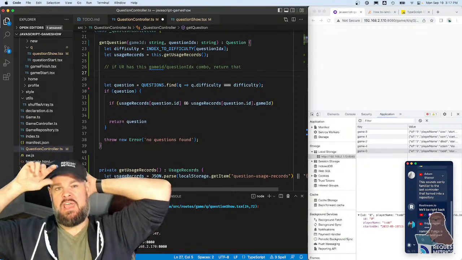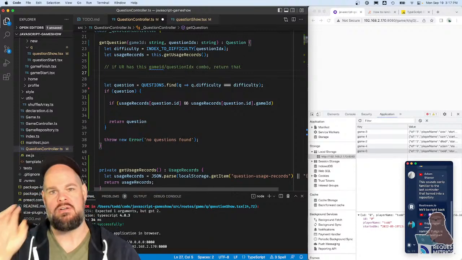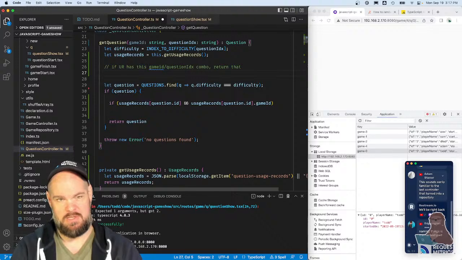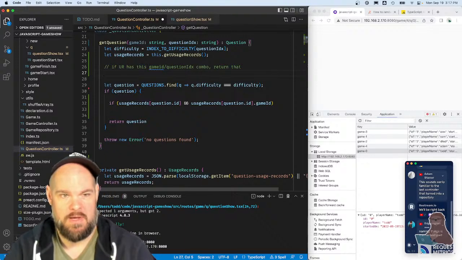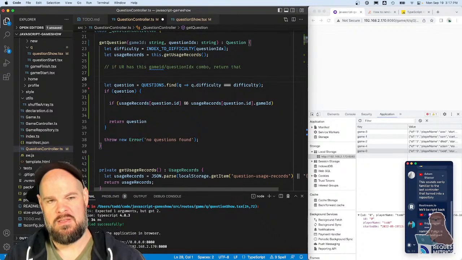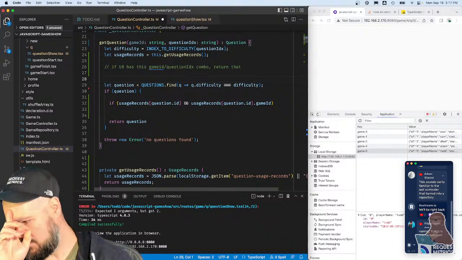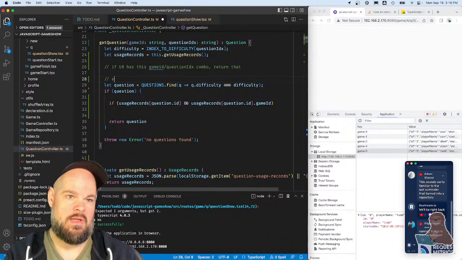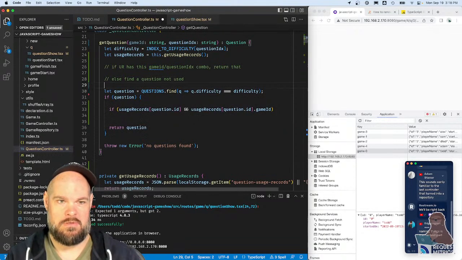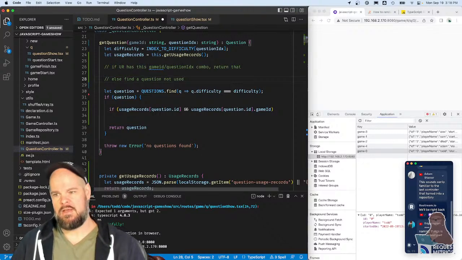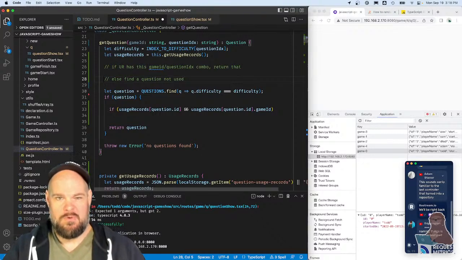Like, this has been asked for before. It's already in our usage record. Like, here, this is the same question. You're just getting the same question again. Otherwise, we need to find a question that hasn't been used. Else find a question not used. Oh, okay, that's a different way of approaching this. I think I could do that. All right, so